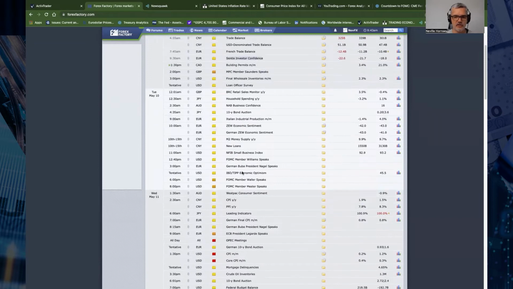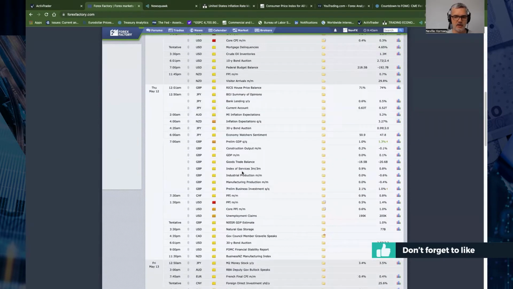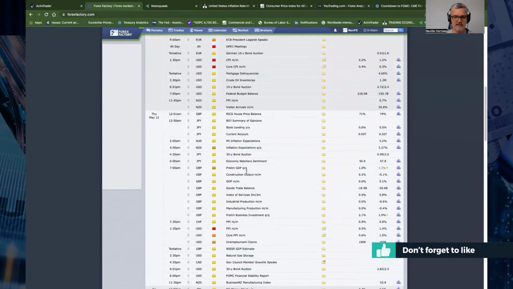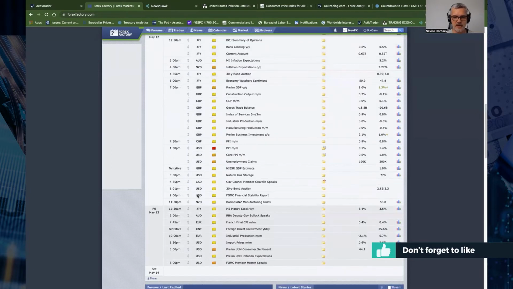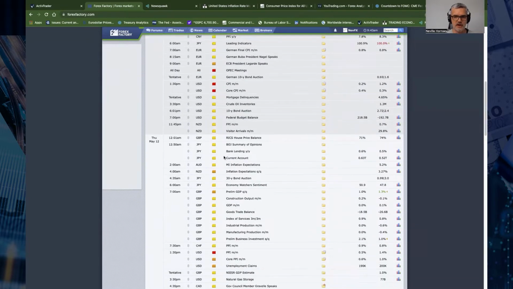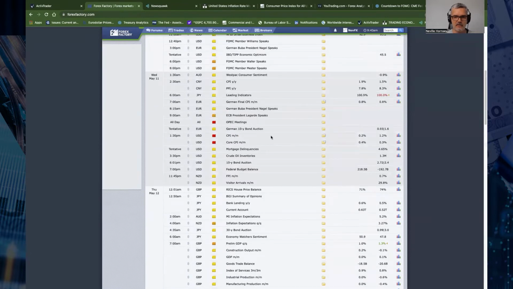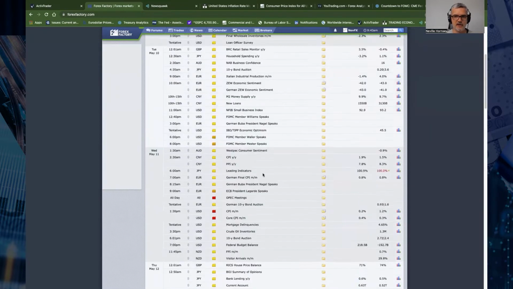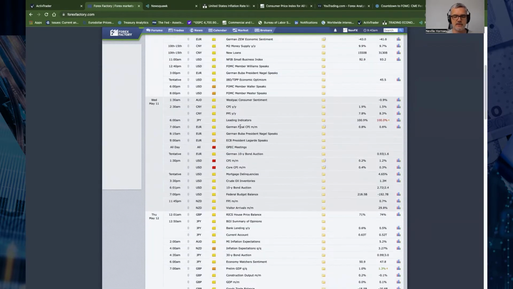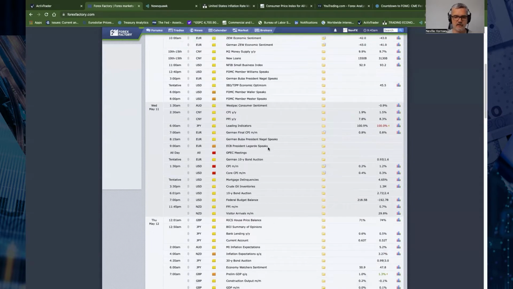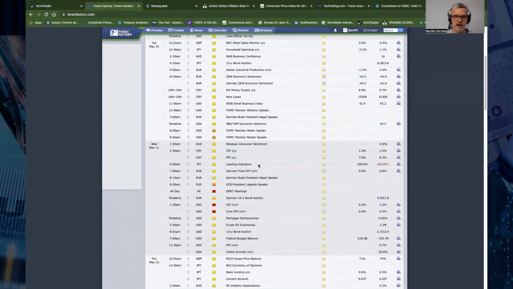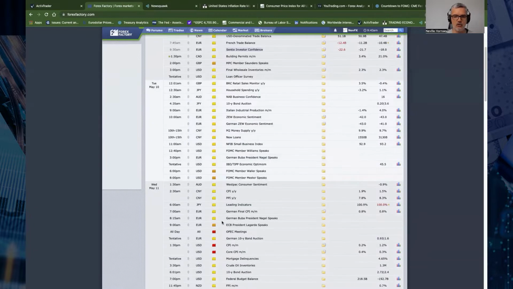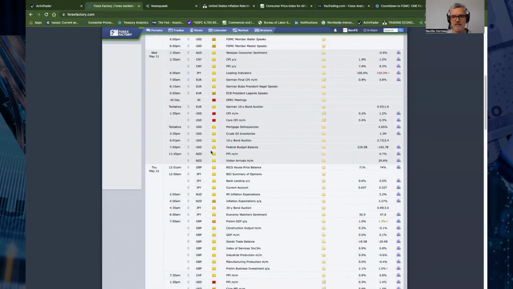Okay, just a quick scroll through the economic calendar. We can see there's not a lot of high impact data this week. We have got some out of the US, which includes CPI and PPI. We also have the OPEC meetings on Wednesday. So for me, Wednesday is going to be the crucial market focus day, and everything will be either waiting for that to happen or reacting to it when we actually get there.